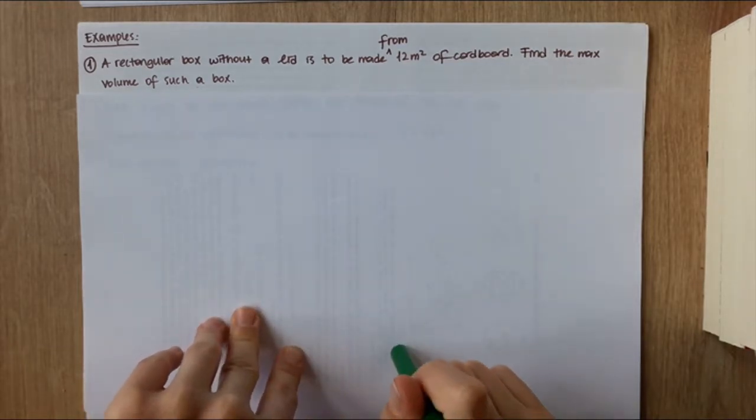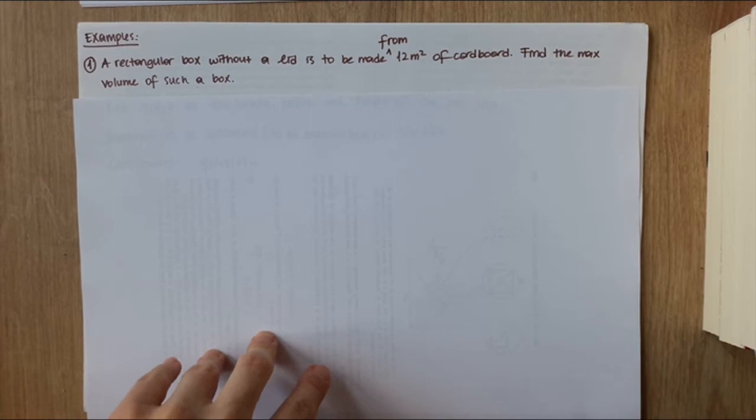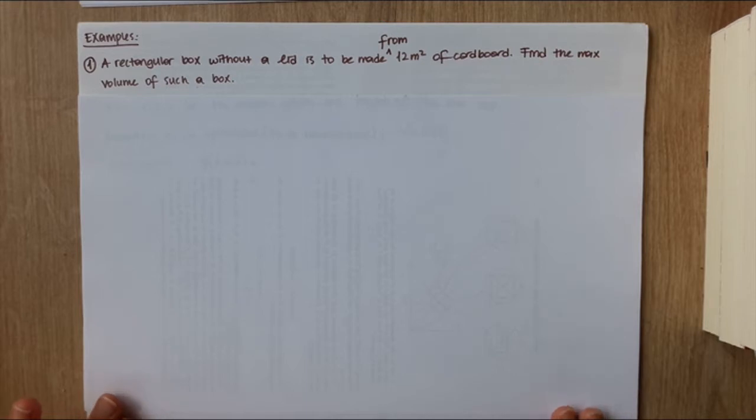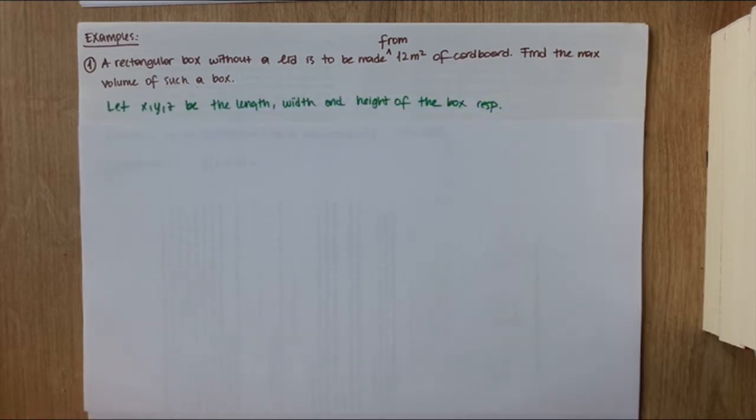part of the Lagrange multipliers in the first video, and in that video we solved this problem using substitution and using the idea of critical points. But this time I will solve it using Lagrange multipliers, and you can see the difference of these two methods. Okay. So first of all, I will define x, y, and z be the length, width, and the height